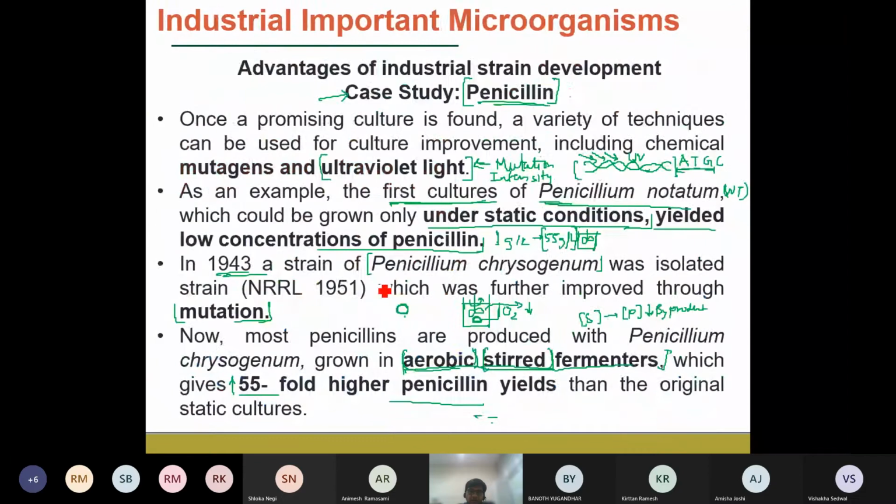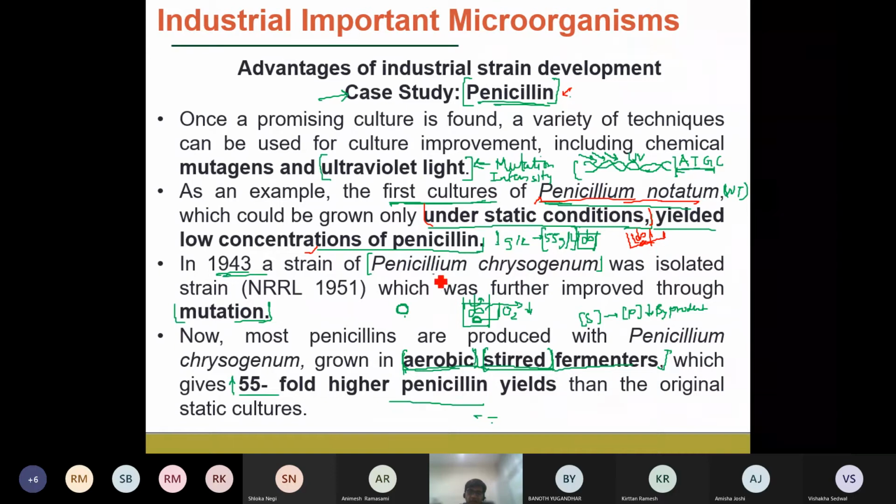Okay, and then we looked into one example, Penicillium notatum, which is a natural strain. It has lower productivity, and it grows under static conditions, which is not the case for bioreactors. In bioreactors, we generally have the impeller, the baffles, the agitators, the aeration devices which pass the oxygen and so on. So this penicillin strain, which is a natural strain, cannot be cultured in the bioreactors used in the industry.